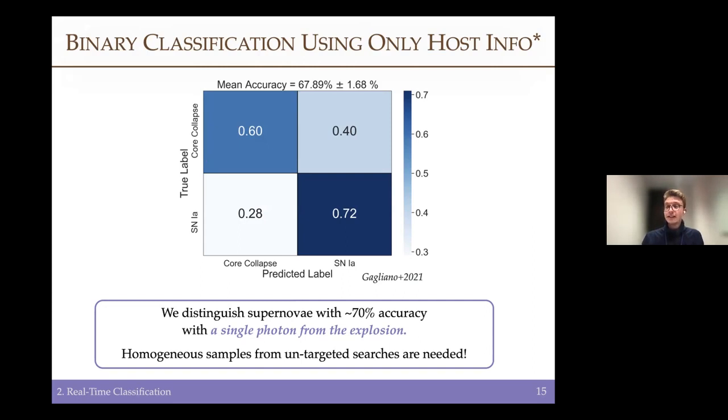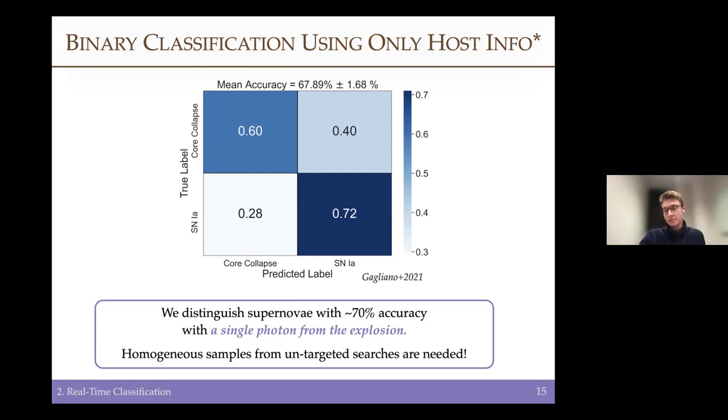And we started looking into classification predictions as a function of redshift. It turns out this was really hard to do because there are so many heterogeneous surveys that have discovered supernovae and reported them to TNS and OSC, that it is hard to distinguish what's going on from all these different samples mashed together. So we would like to do this again on a more homogeneous sample with untargeted searches to see exactly what it's learning between the two classes of supernovae.